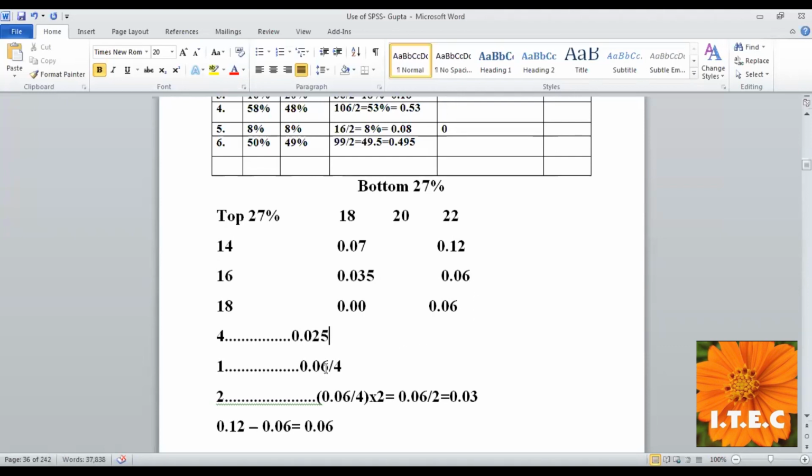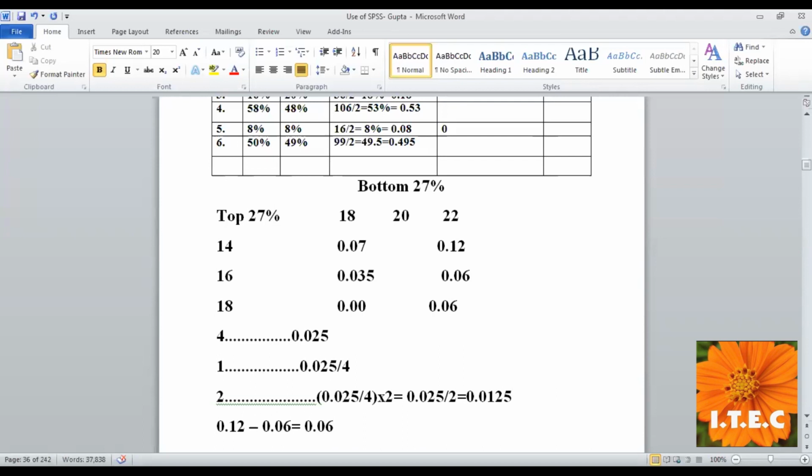So this is 0.025, and when the difference is 2, then this will be 0.025. Now, if this I divide by 2, then the answer will be